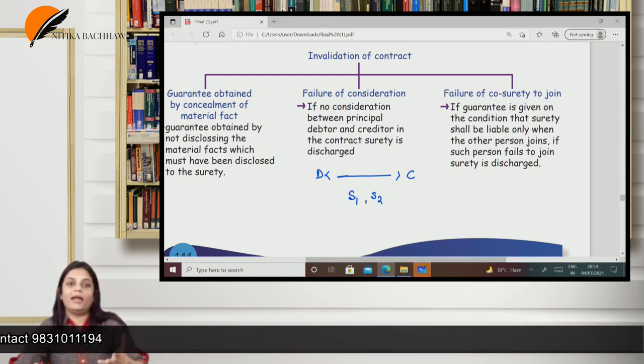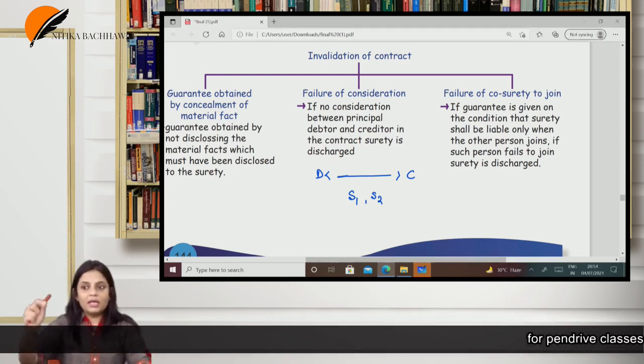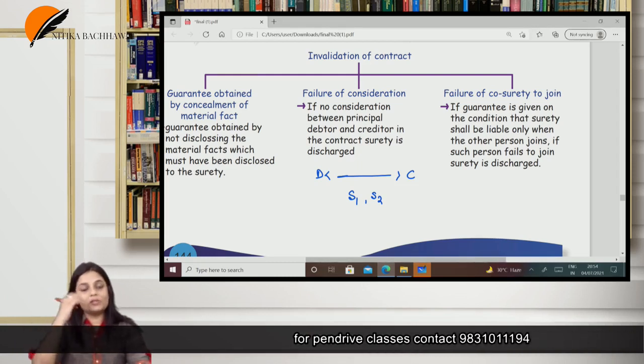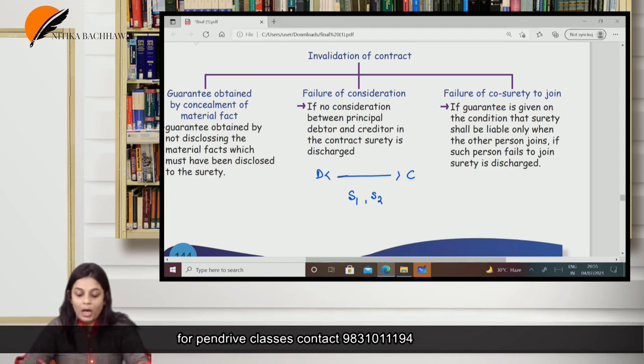This is a right of the co-surety. If one of the co-sureties has paid on behalf of the other, he can actually recover from the other his share. So the same rights as in the case of joint promisor applies here. Now